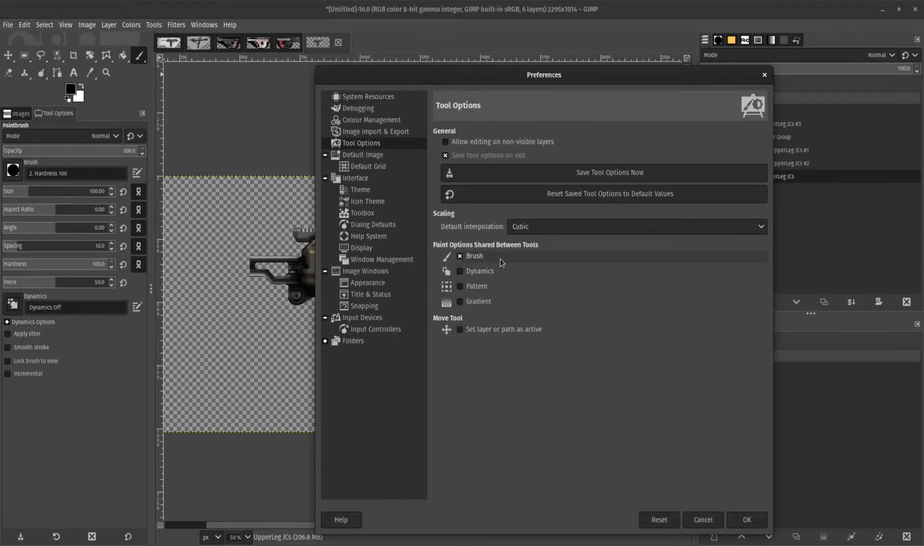So I don't like that. Brushes and airbrushes are 2 different things. They should have 2 different groups of settings. Disable this. Dynamics,